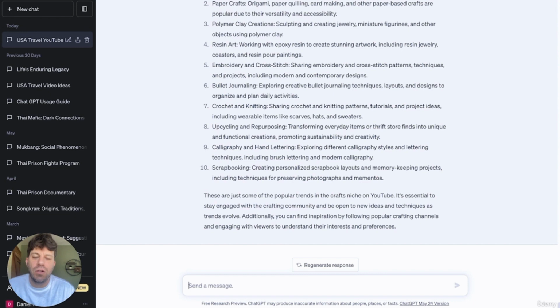You can start to think, again, like I said, the hierarchy. What you love, you've got to do a lot of it, what you have access to, and then what's trending. And that's kind of the hierarchy that I would always go on for working this out. So once you have one of these, for example, embroidery and cross stitch, you can do things like, what are